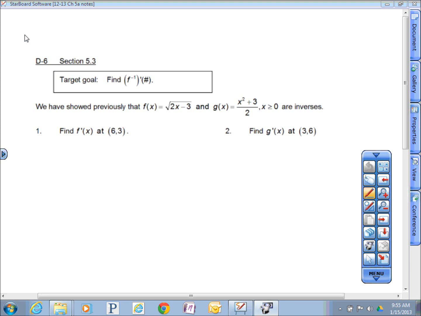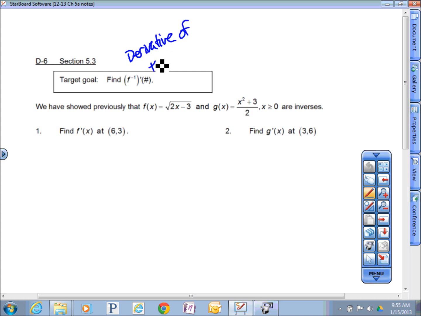Another day on section 5.3. Yesterday we talked about inverse functions and things of that nature. What's going to happen today is we have a goal of trying to find f inverse prime of a number. In other words, we're trying to find the derivative